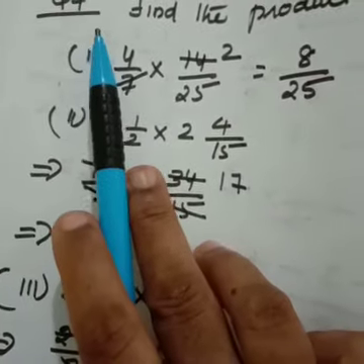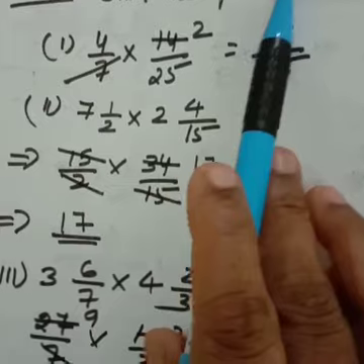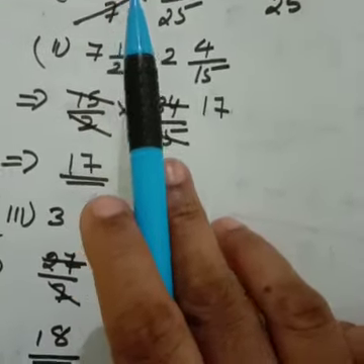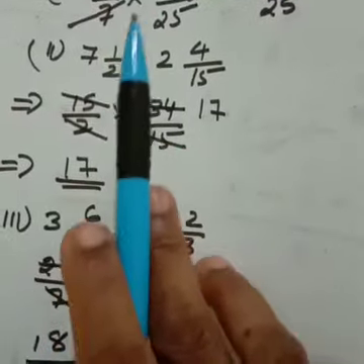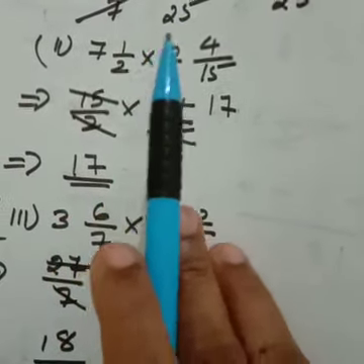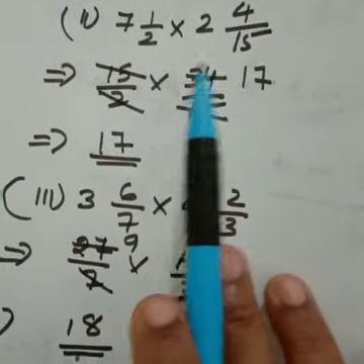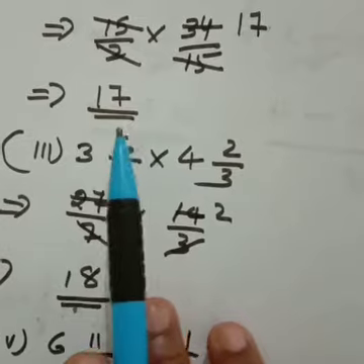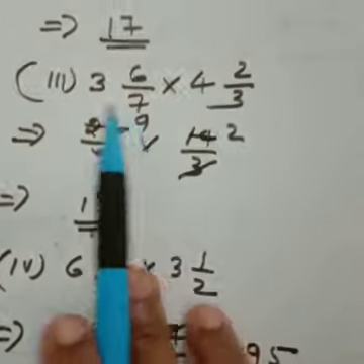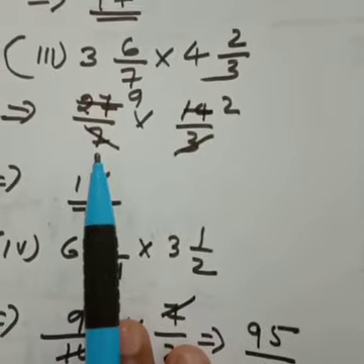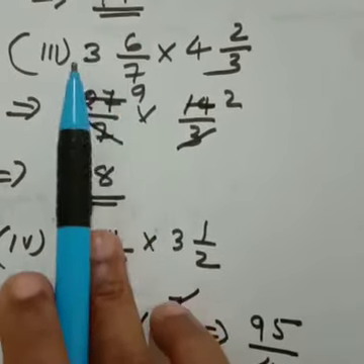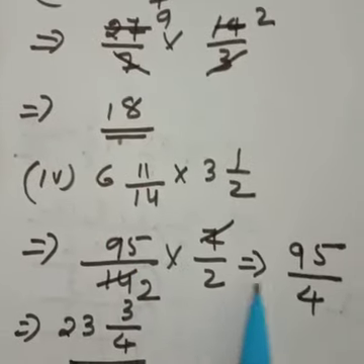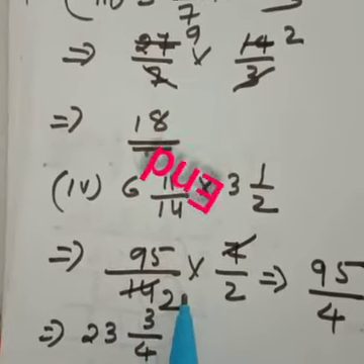In the previous video, I skipped this question. Question number 4, find the product. Exercise 3.2. Okay. Find the product meaning multiplication only. Multiplication you know, with them, cut out and write the answer. Okay, cutting. Make the mixed into improper. After that you cut it, you will get the answer. See. Mixed fraction you have to convert into improper. 7 3s are 21 plus 6, 27. After that you cut it, you will get the answer. Okay, children.